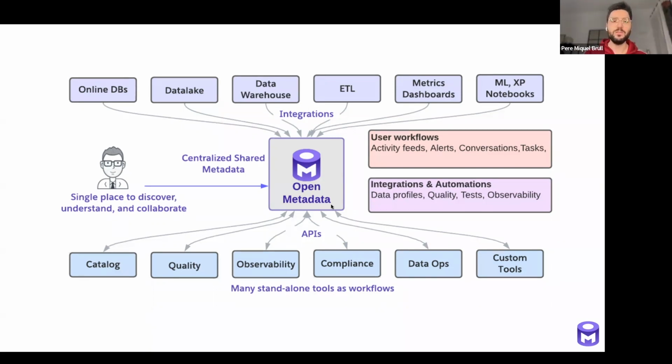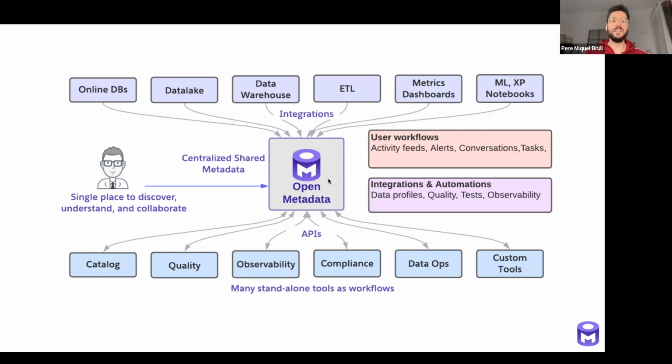So what we're trying to do with open metadata is to create this central piece that's going to lie in between all of these integrations in our sources of truth and all of these possible applications that we can make once we have this metadata properly defined with names and surnames and with a set of operations powered by